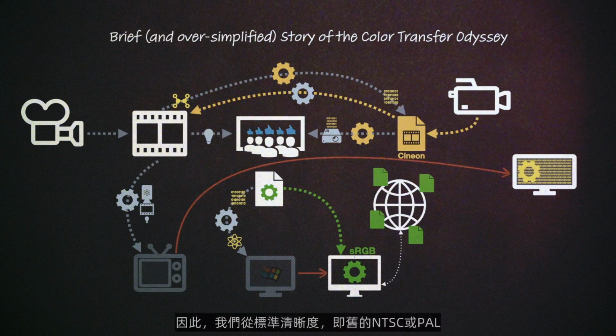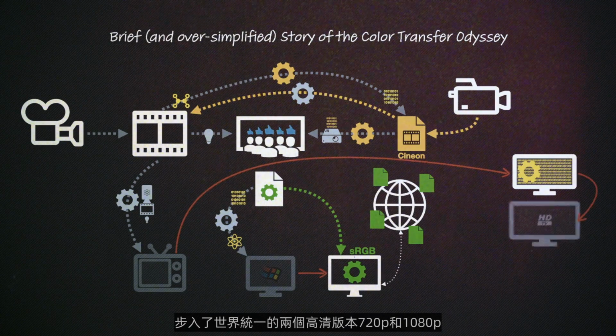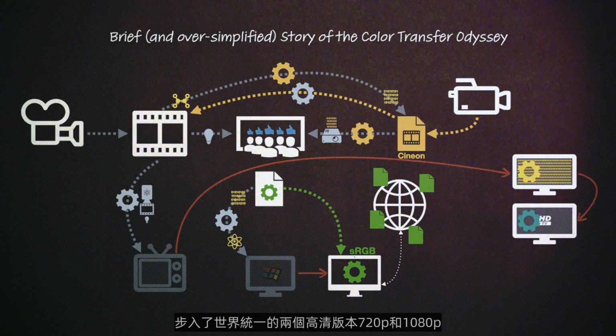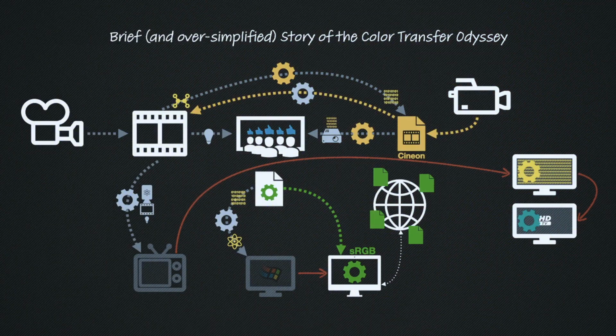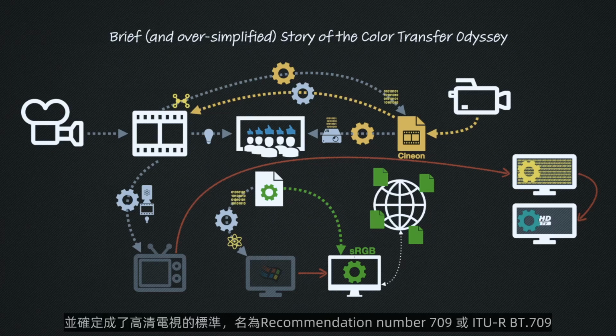So we stepped from standard definition, the old NTSC or PAL, to the world unified HD in their two versions, 720p and 1080p, but both with the same color space, a tweaked version of the sRGB, a recommendation made by the International Telecommunication Union that became the standard for HD TVs, the recommendation number 709, or ITU-R